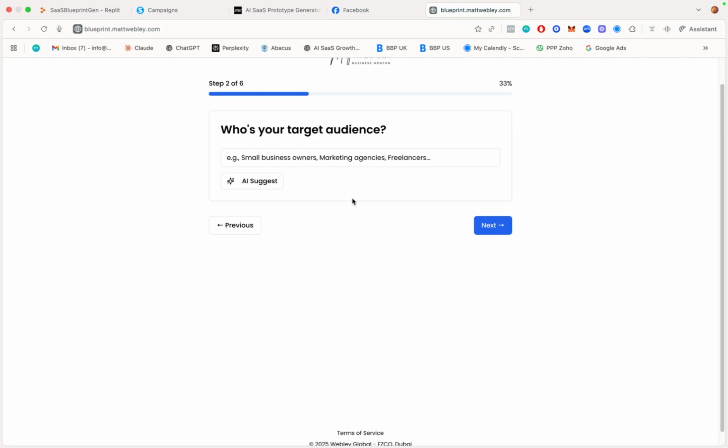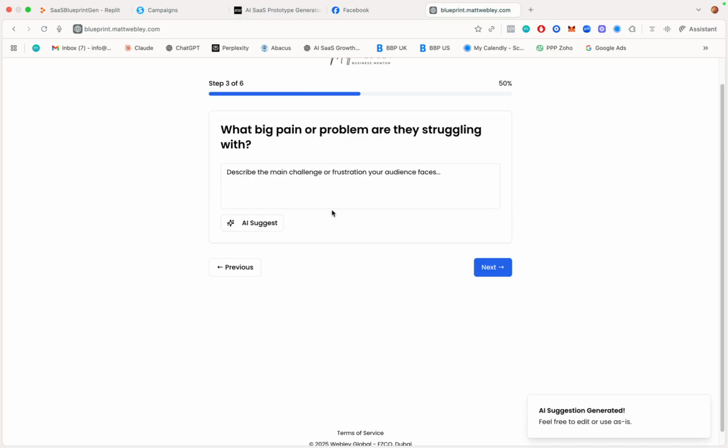Who's your target audience? You can write in here, click in this and say my target audience is whatever, or you can just click AI suggest. There you go, single adults. Next. I've made this as super easy as possible for you to just prove to yourself that you could build software and henceforth a software as a service business, right? The technical barrier that would stop you building software and that self-limiting belief, the aim of this tool is to